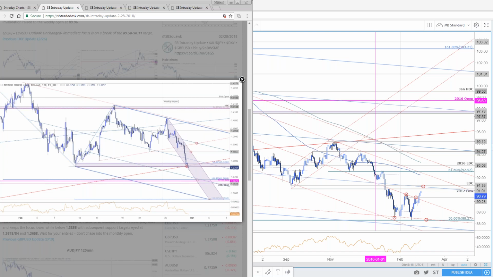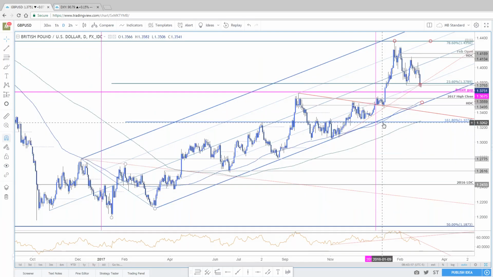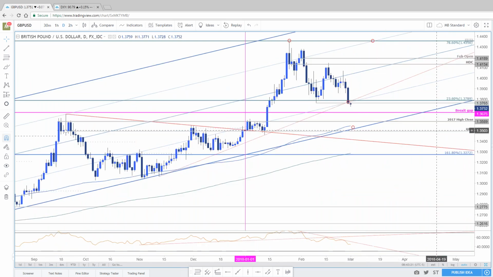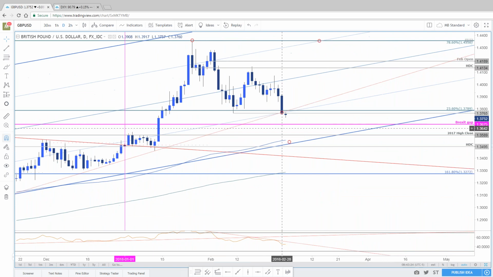Here's sterling now. Okay, so again, we're right there. As I usually will tell you guys, we want to see a close above or below that key threshold to give us conviction. Well, the close came in at 37.60. So it came in just 5 pips below. But, well, it's not a conviction break. It is technically a break. So look for near-term resistance right at former support, right back up at 37.89.